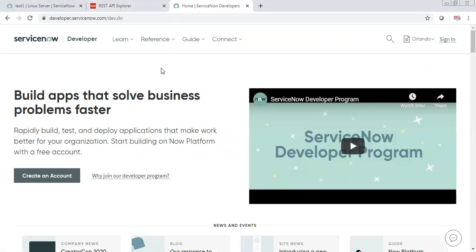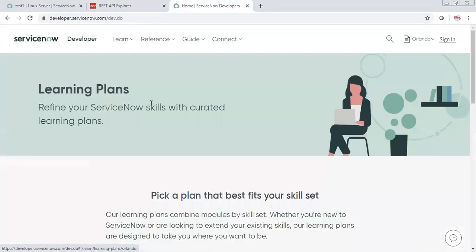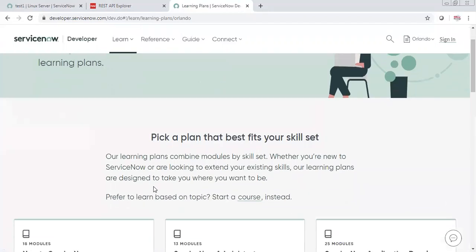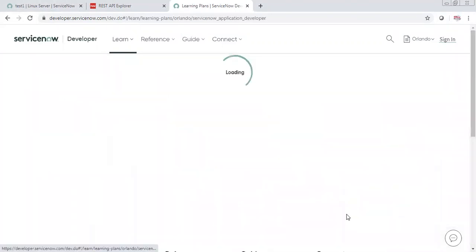If you go to developer.servicenow.com, then inside this Learn, if you go to Learning Path, here this ServiceNow Application Developer, you will not find everything which we have discussed, but a few things you will find, and this course is again good. If you want, you can practice this one as well.